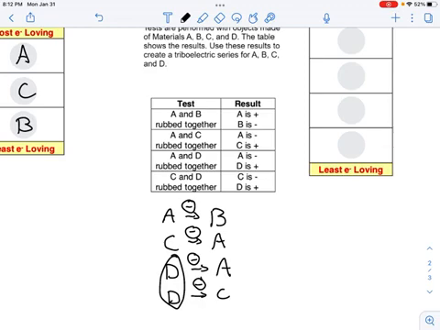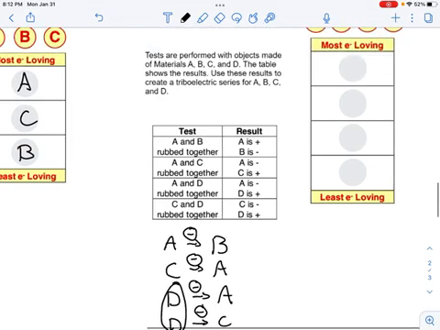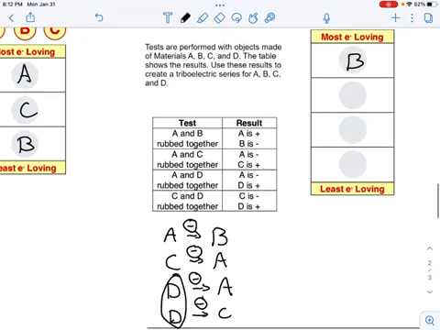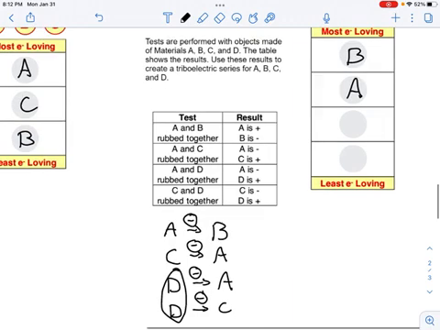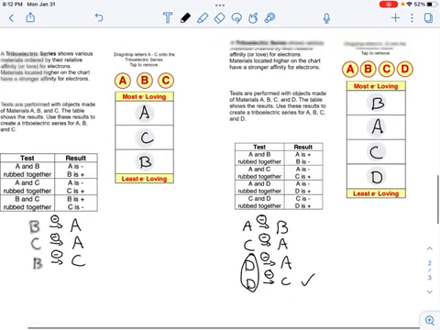And if we start at the top, A seems to get all of the electrons, but it will eventually give them up to B. So I think B has the most affinity, followed by A, and then you can kind of look at it in order of, okay, what gives up electrons to what, and C gives up to A and D gives up to C, so you can reason it